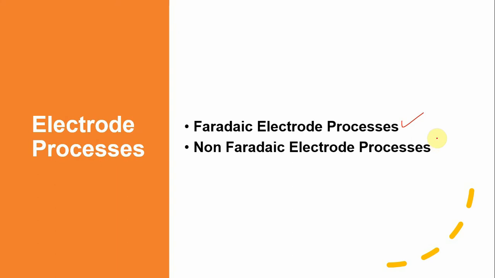So adsorption, which mostly doesn't involve heterogeneous electron transfer, is a non-Faradaic electrode process, and it leads to the formation of electrical double layers that you have studied initially, and you saw how the potential drop across these double layers takes place. Anyway, we will be looking at this, and to do that we will be looking at several things, and we should keep several factors in mind. So for example,